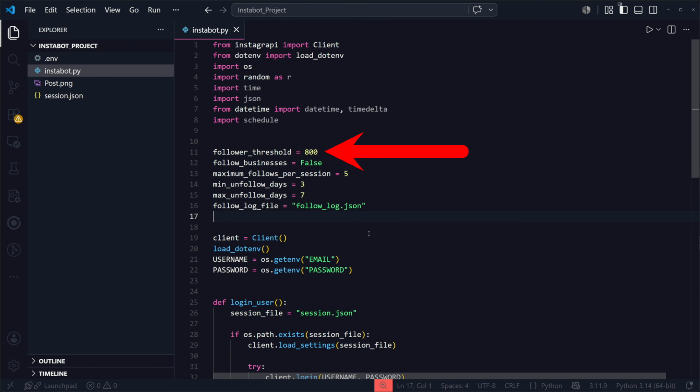Follower threshold is so that the bot doesn't follow users with more followers than specified here, 800 in our case. Follow businesses is whether or not the bot will follow business accounts, so false in our case. Maximum follows per session is the maximum amount of accounts that the bot will follow per session. It could be less than this, like 2 or 3, but it will never be more, just for a bit